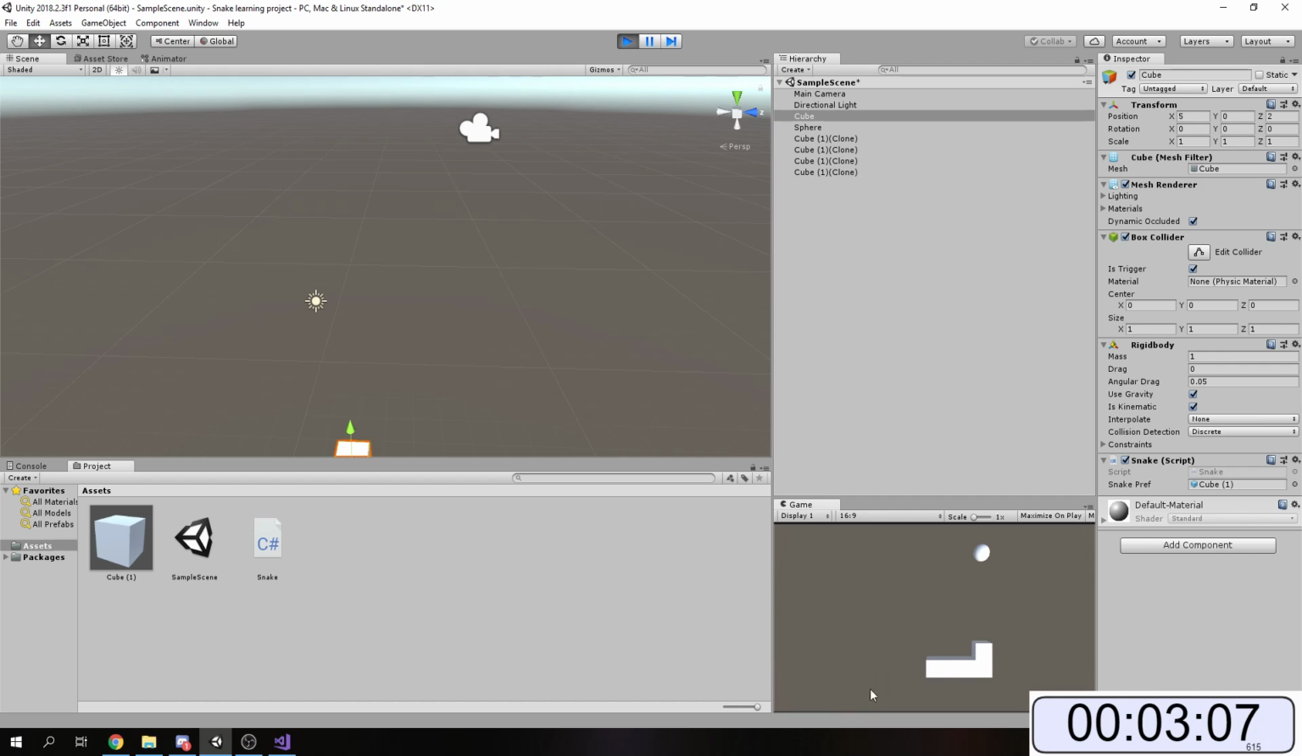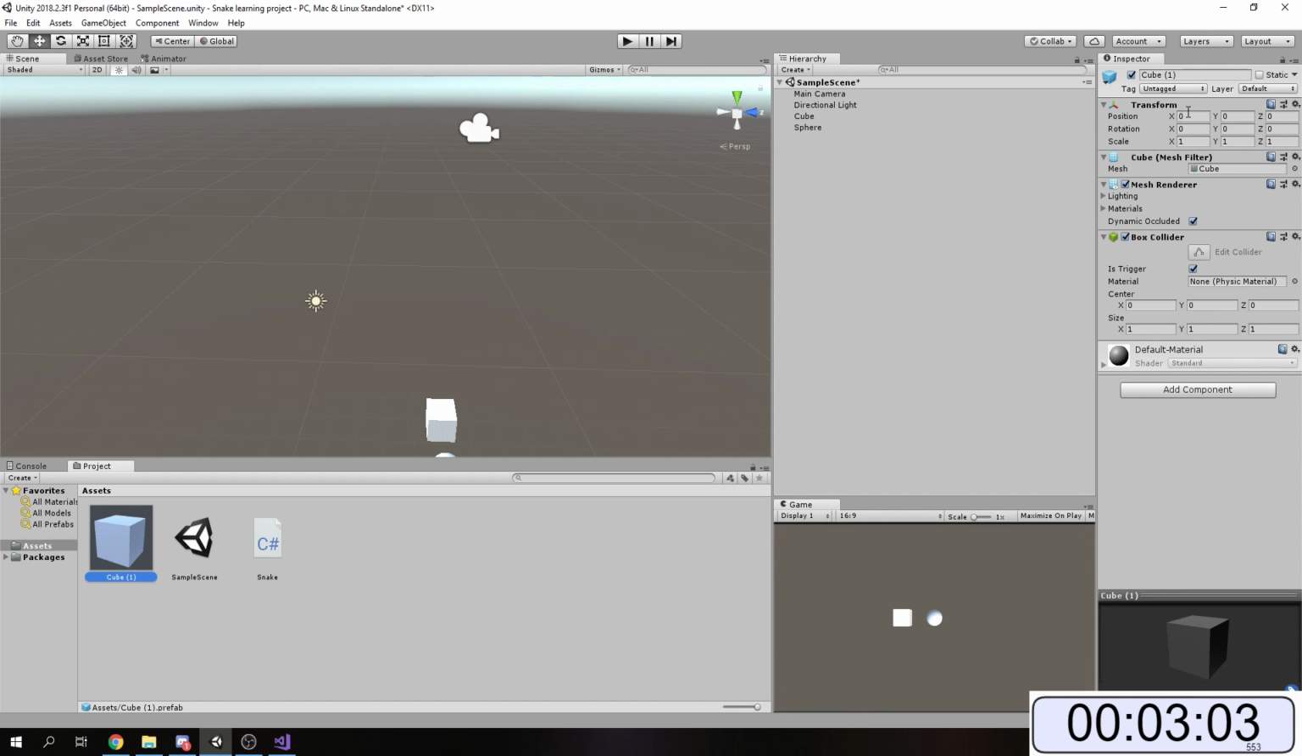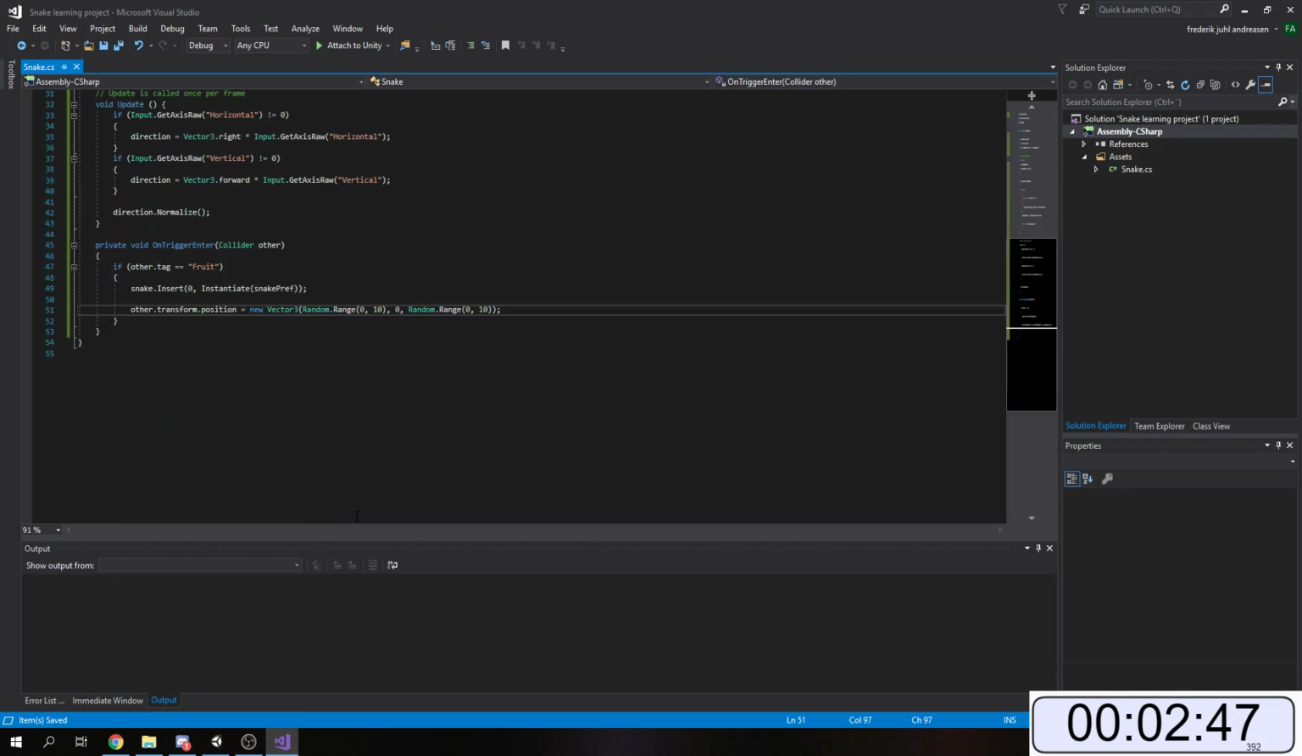Now you may notice that it quickly spawns down here. That is because the position of this is 0, 0, 0. To get a big workaround, I'm just gonna set this to 100. There we go. So now we actually have a working snake game, except when we collide with ourselves nothing happens,